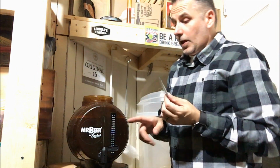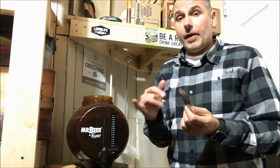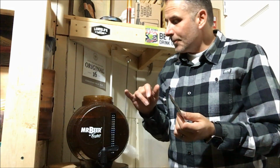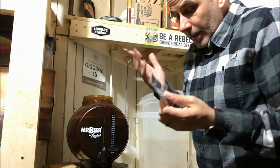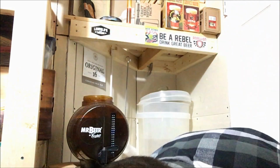You know what I'm worried about? There's not a lot of room in here for when you get high krausen, which is when the very active fermentation starts to happen. It's like within the first 4 or 5 days. But we'll see what happens. You could get a blowout, it starts to foam over, but that's okay. Anyway,